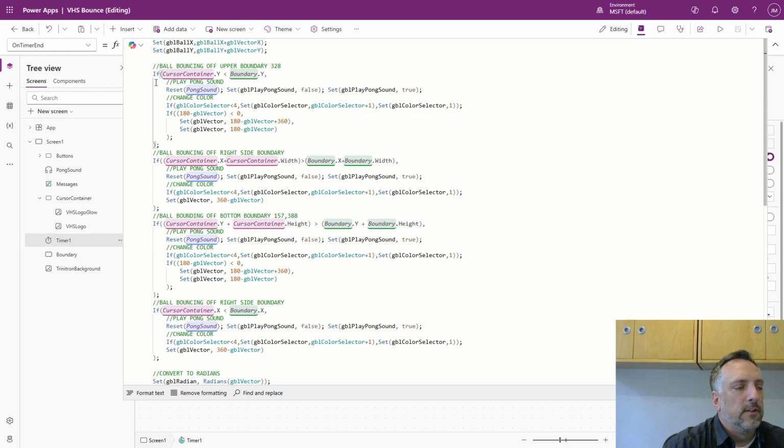you can see that it does a check. It runs through each one of these every time the timer ends, and it does a check to see where the cursor container is, which is this here. It contains the VHS logo, where that is relative to the boundary, and in this case the Y position of the boundary. So if the cursor container is less than the Y position of the boundary, then we need to make a change. That tells us that it's gone past the upper boundary,